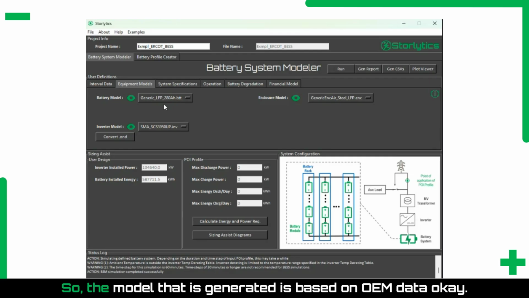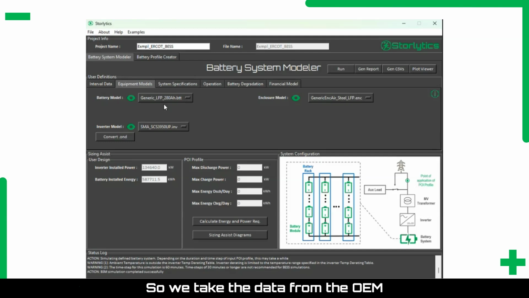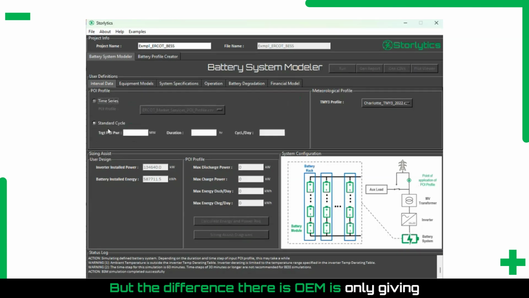Yeah, so the model that is generated is based on OEM data. We take the data from the OEM and then translate it into a model. But then the results that you are getting are based on that model that you have created and validated with OEM data. But the difference there is OEM is only giving you data like for one cycle, two cycle,